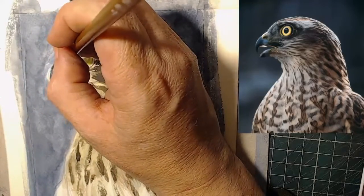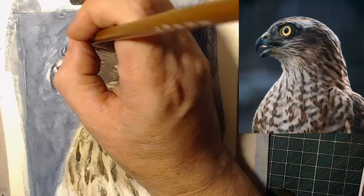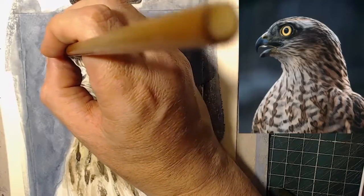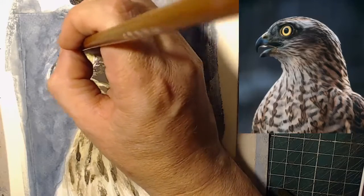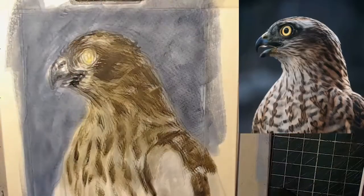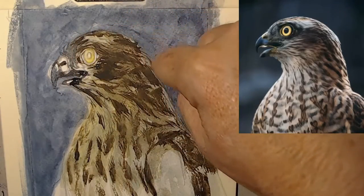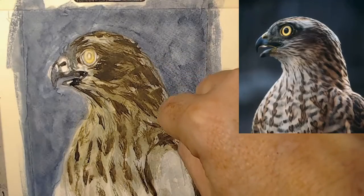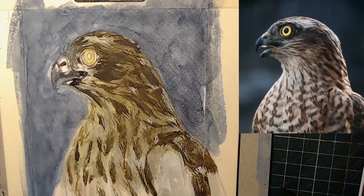See if I can give that a bit more definition. I just realised that I need to make this area around here a lot wider, so I'm going to do a little bit of remodelling, and how I'm going to do that is I'm going to use,